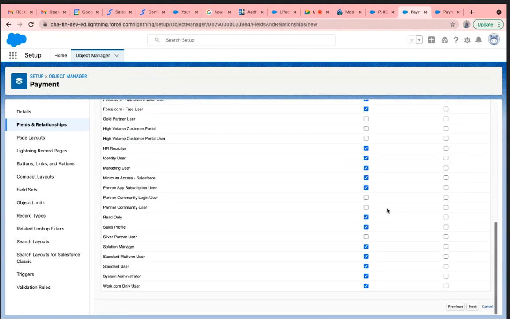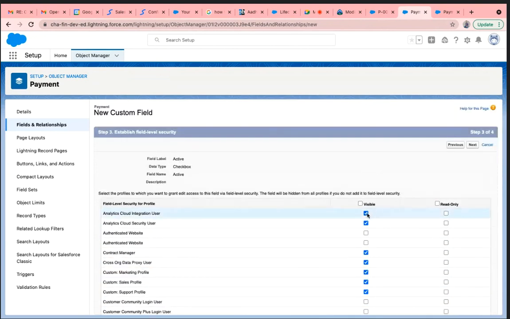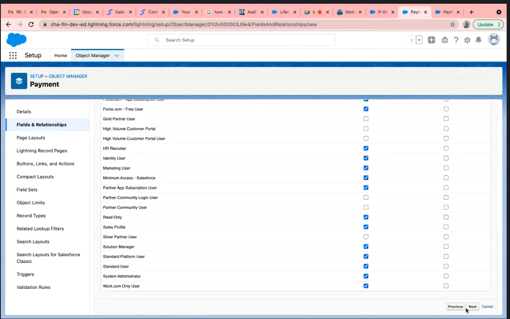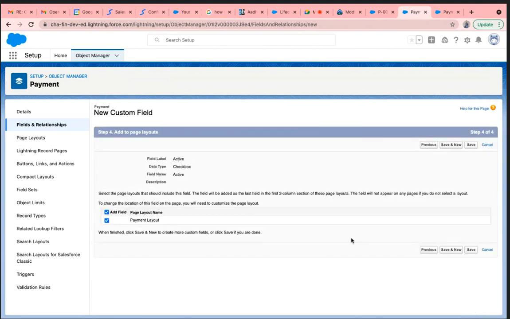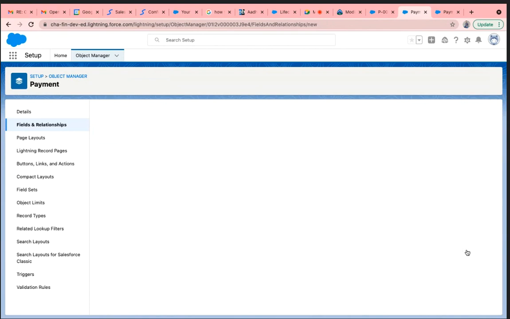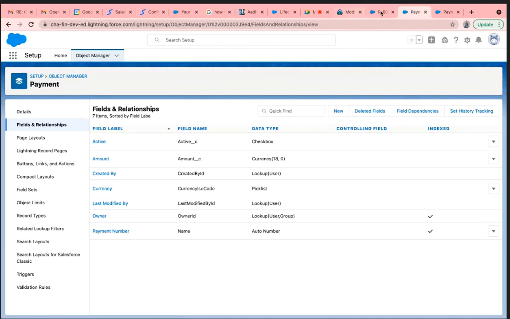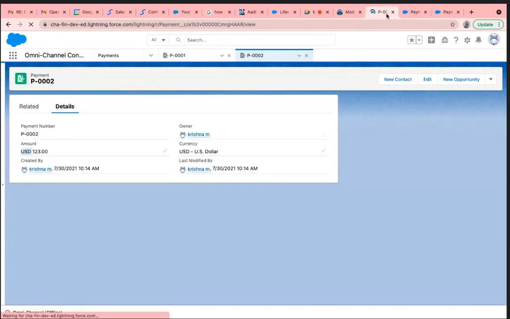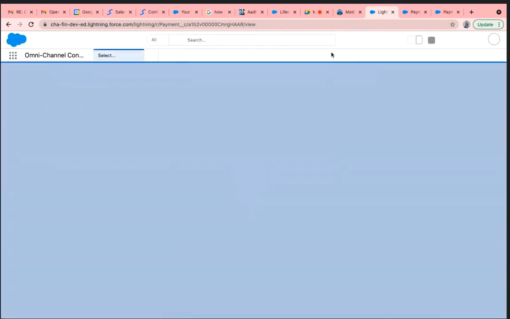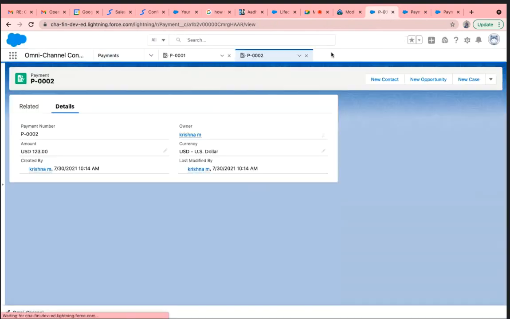What are the profiles it is connected to? The profiles visibility I have written and saved, and earlier I removed this. Now I can save it. Now go to this field. Again I can click new.